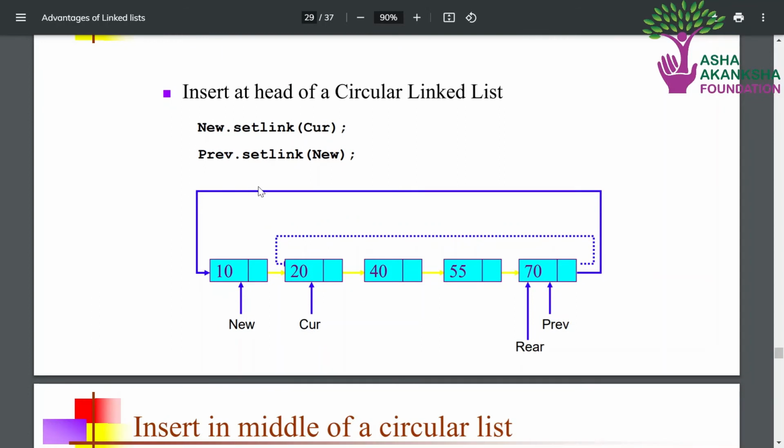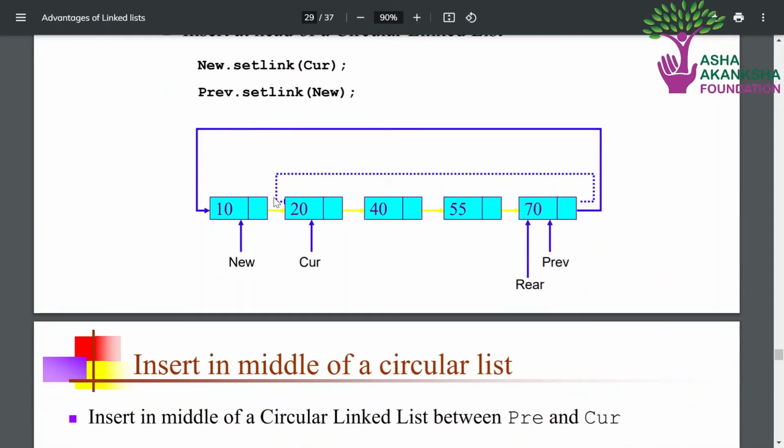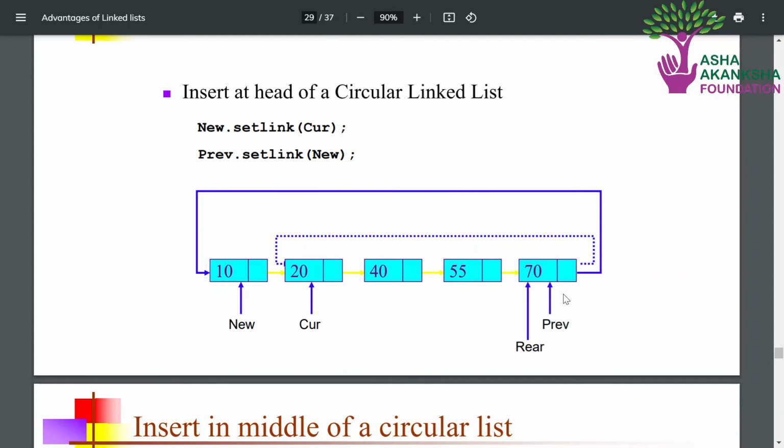Since we have the rear pointer of the circular linked list, we set the next of the rear node to the newly created node. First, we also have to store the next node of the rear node, because that represents the head node before the insertion.